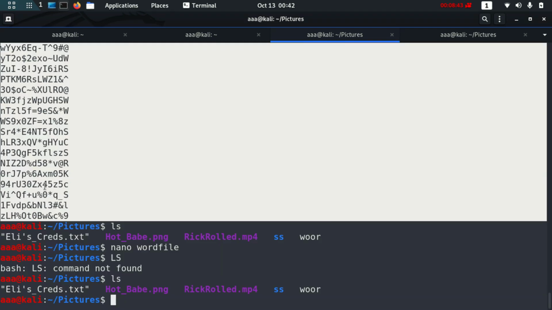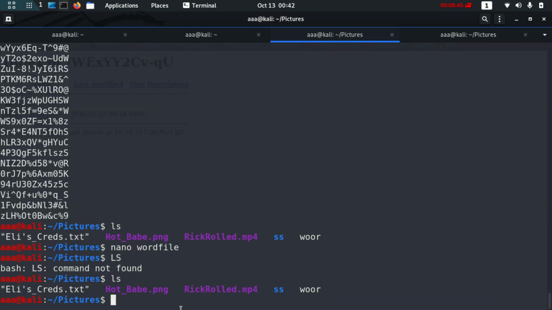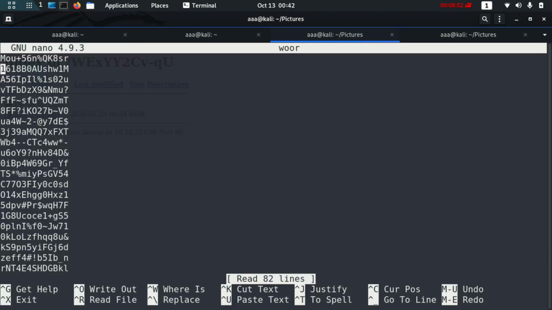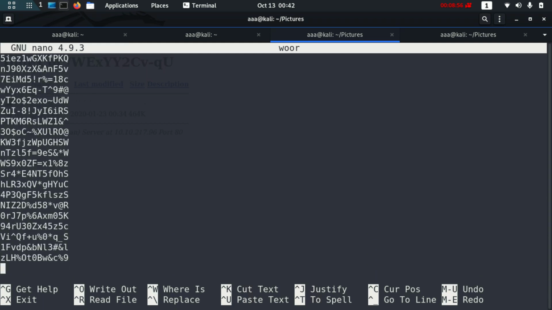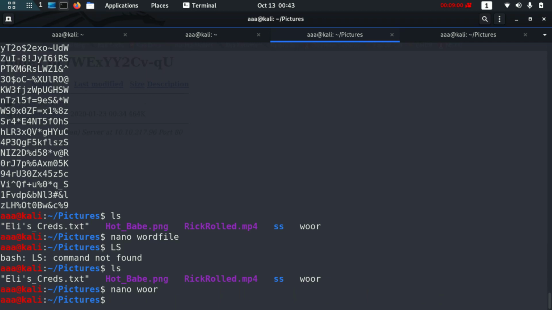I left one, that's okay. I'm just naming my word file as WOR, and I'm going to paste it here. I already pasted it, and this is how it looks. So my word file is ready.